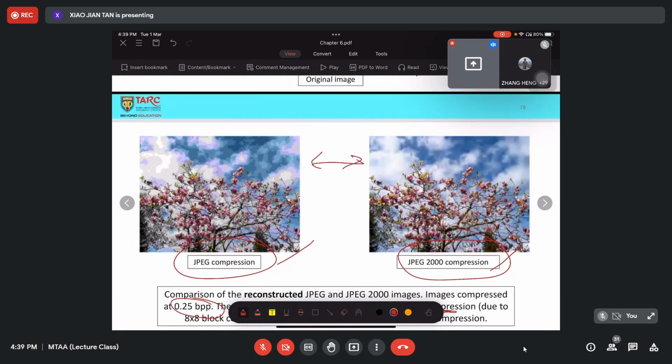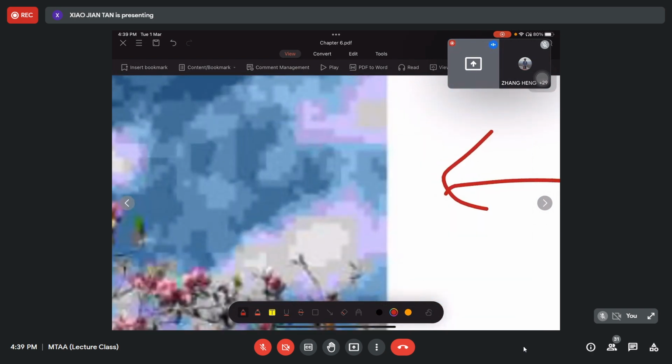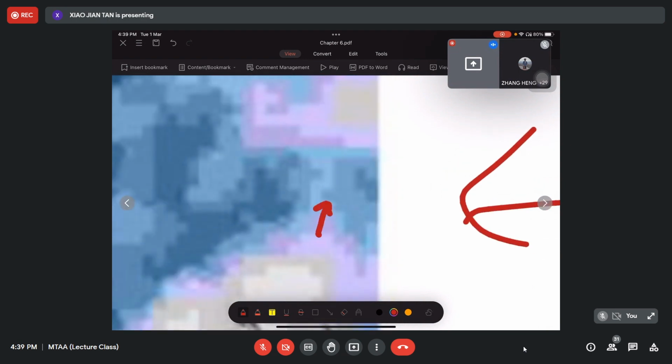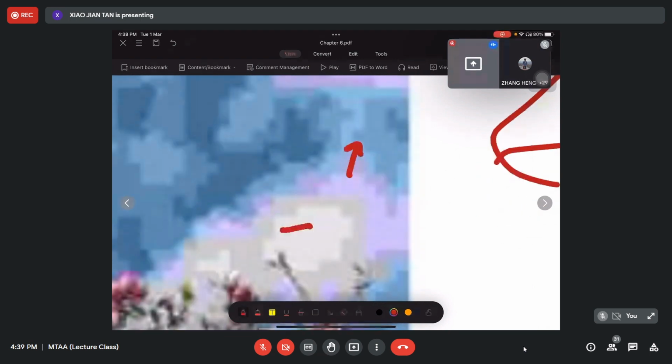So as you can see, the pixel block is processed in 8 times 8 pixel groups. So that is why you would find that all these are very blocky. Eventually the noise is block by block.